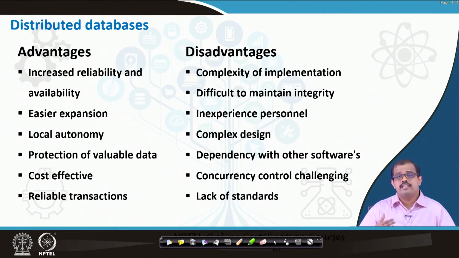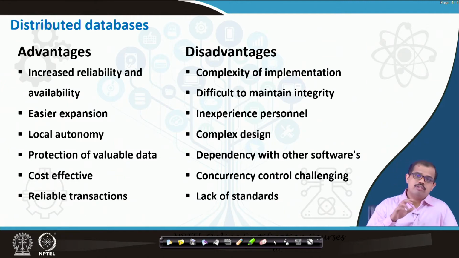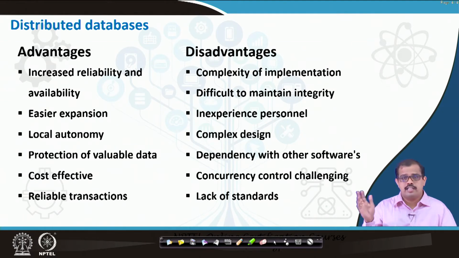When you are looking at disadvantages, there is the complexity of implementation. Because you should know everything about the different distributed databases, where they are located, and how you have to capture that particular data, the complexity of implementation is very high. The other disadvantage is maintenance of the integrity of the data. The first thing we mentioned in GIS is data integrity, and that is extremely difficult in a distributed database.